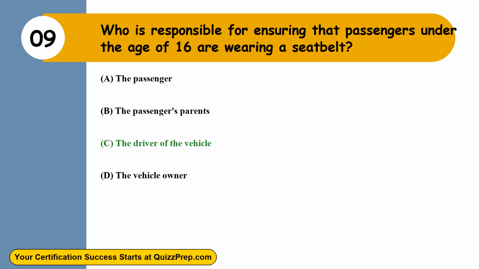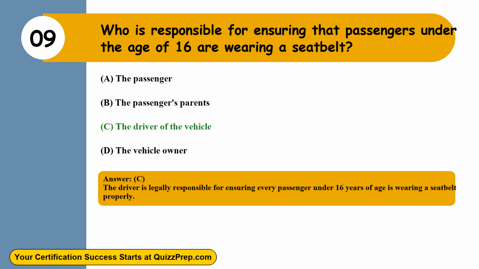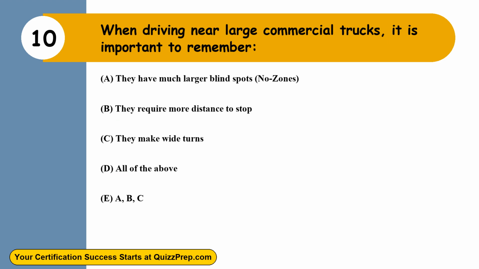The correct answer is option C. The driver of the vehicle. The driver is legally responsible for ensuring every passenger under 16 years of age is wearing a seatbelt properly. Question 10. When driving near large commercial trucks, it is important to remember: